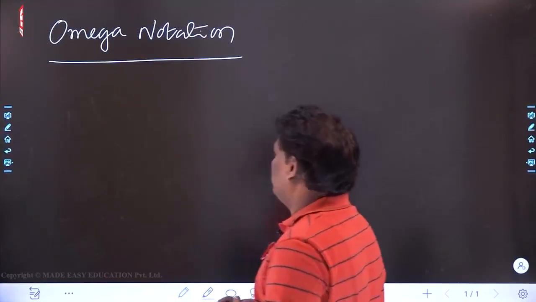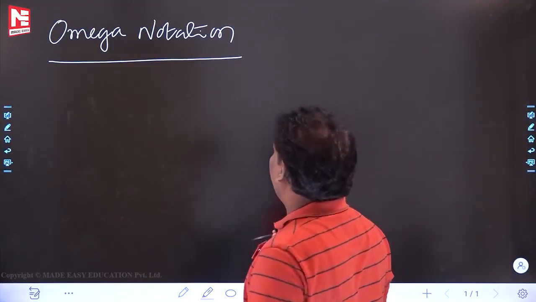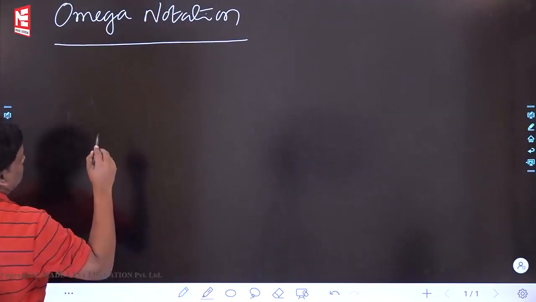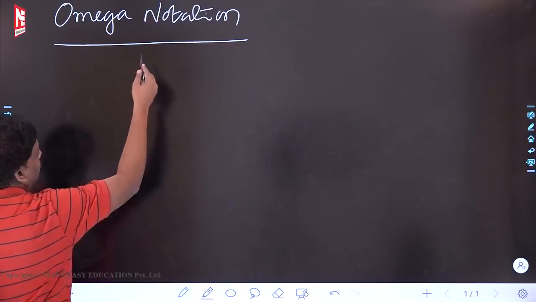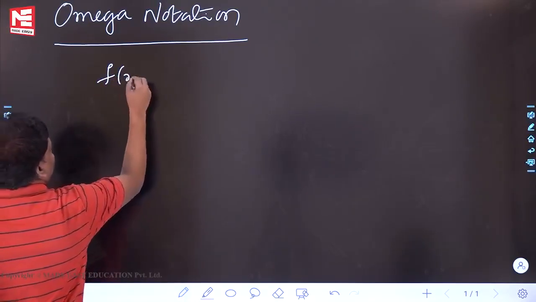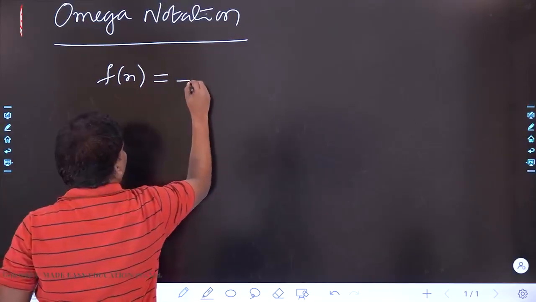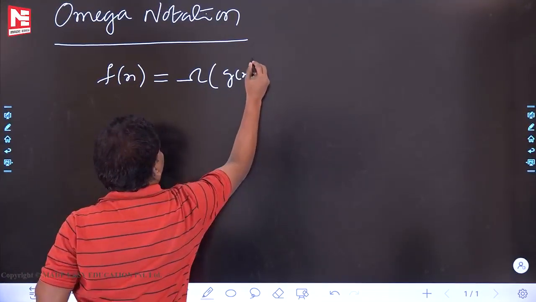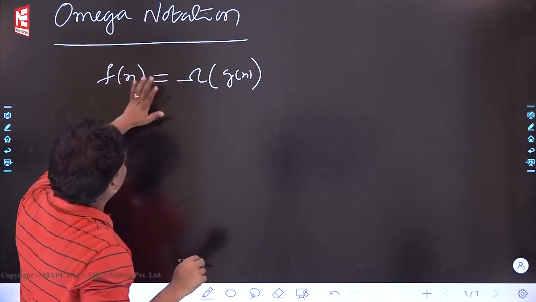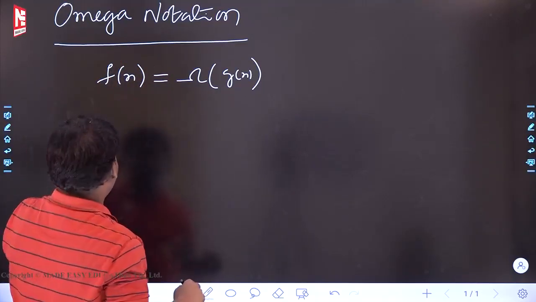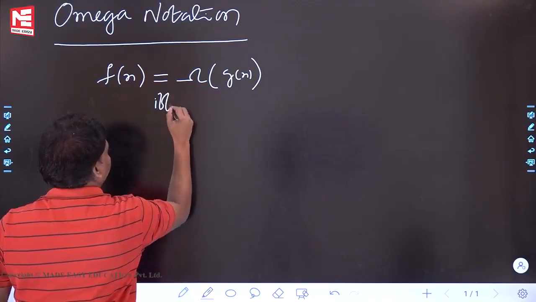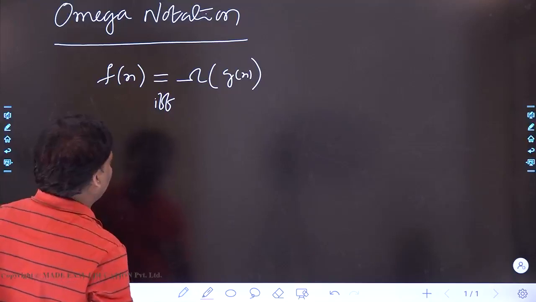So let's see the omega notation. Before this we already completed big O, now omega notation. Same definition, the only thing is in big O it is less than or equal to, in omega it is greater than or equal to. Let me write the definition. F of n is equal to omega of g of n is a symbol for that. If you know big O, you know omega also. It will become very easy if you follow the previous big O. F of n equal to omega of g of n if and only if